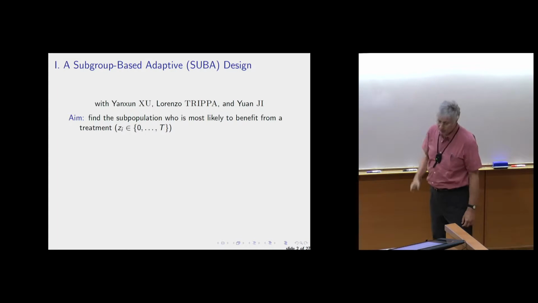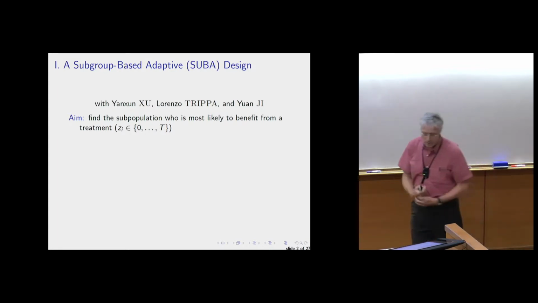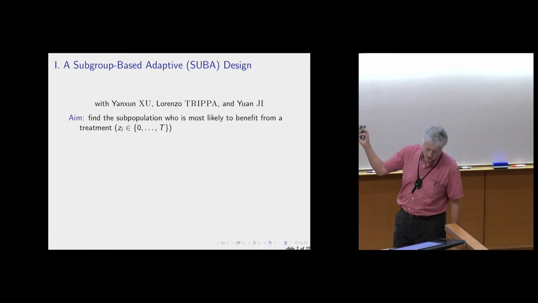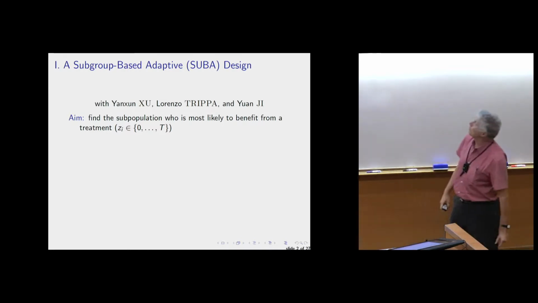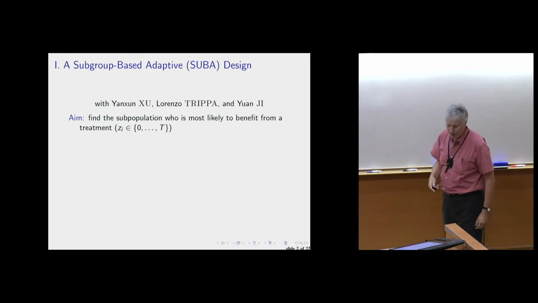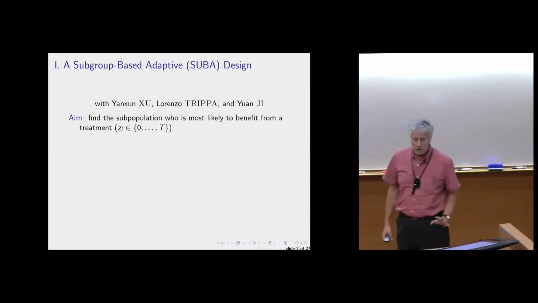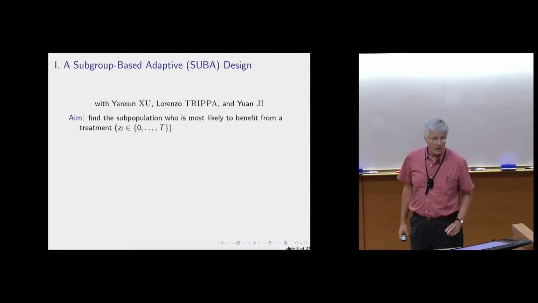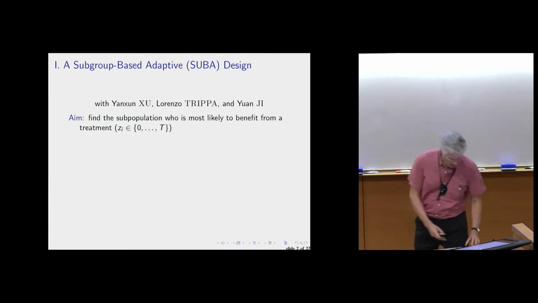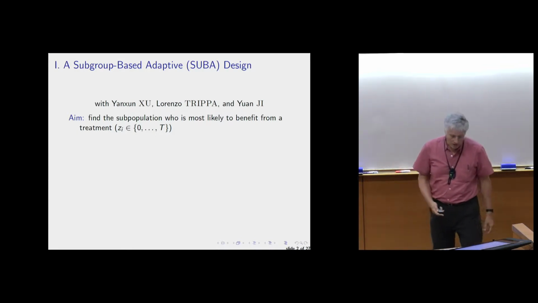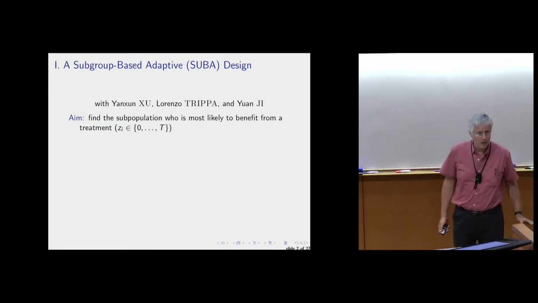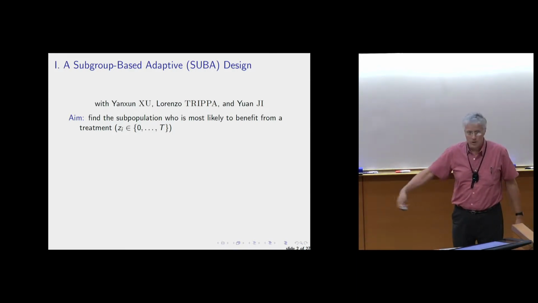So I'll start out with this simpler problem. This is based on a paper with Yanxun Xu, Yuan Chi, and Lorenzo Trippa at Dana-Farber Cancer Institute. What's coming up is a very simple design to find a subpopulation of patients who most benefit from a treatment, proceeding in a Bayesian fashion. Don't expect anything deep and difficult. It's all based on the assumption that you have a relatively small sample size,